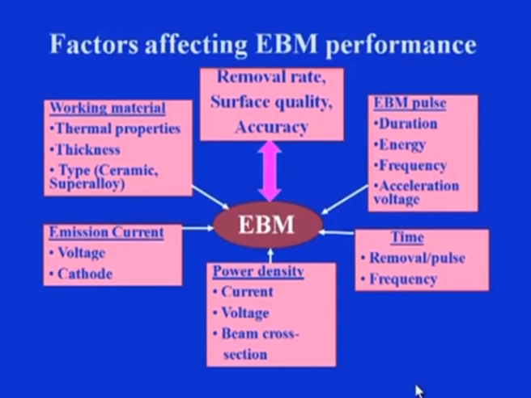Now, let us see the factors that affect the electron beam machining performance. These factors are generally grouped into these subheadings as shown on the screen. These are work material based parameters, in which thermal properties of the material, thickness of the work material, and then type of the work material, whether the work material is ceramic or superalloy etc., influence the material removal